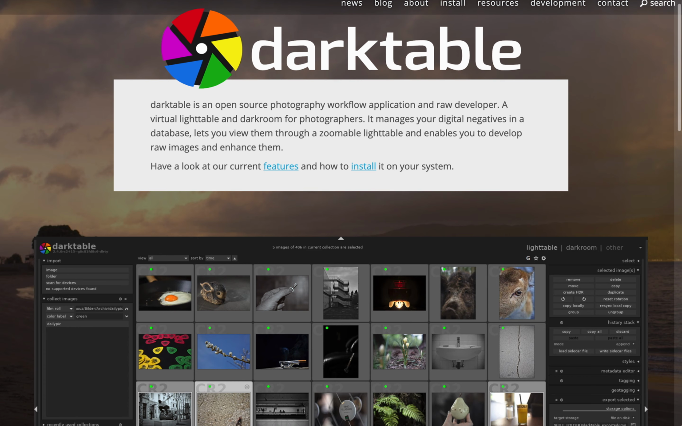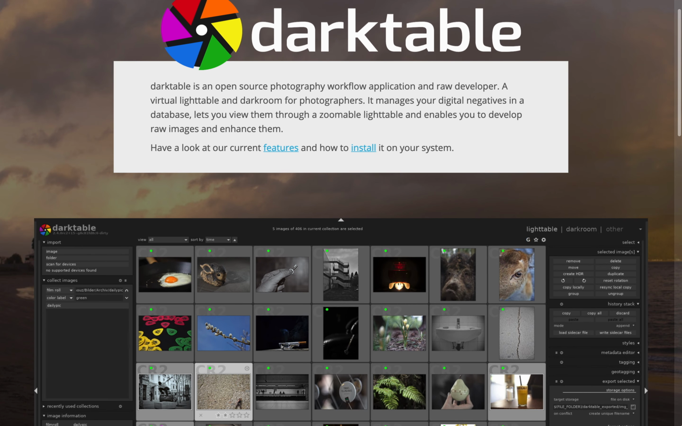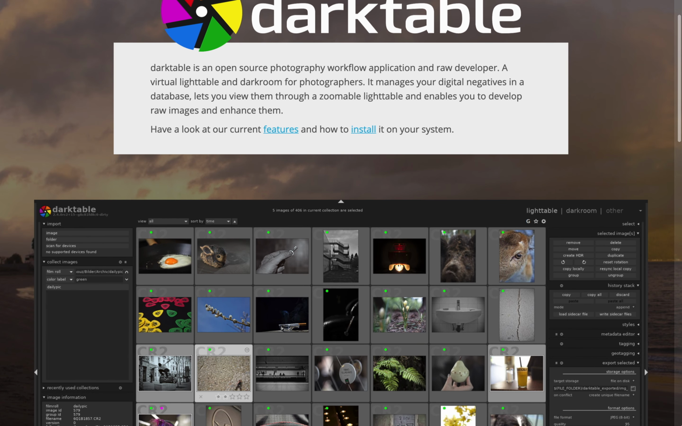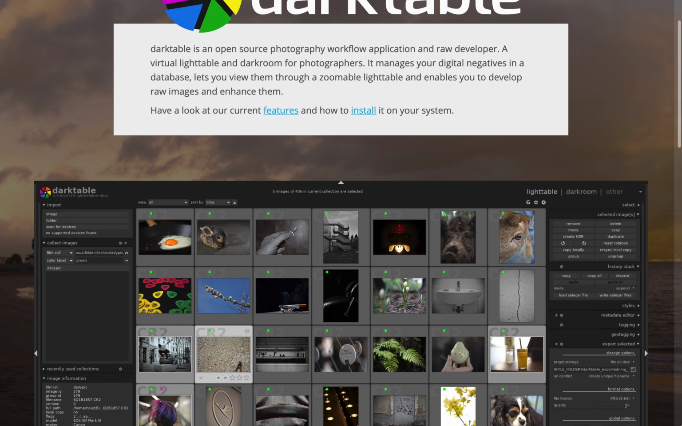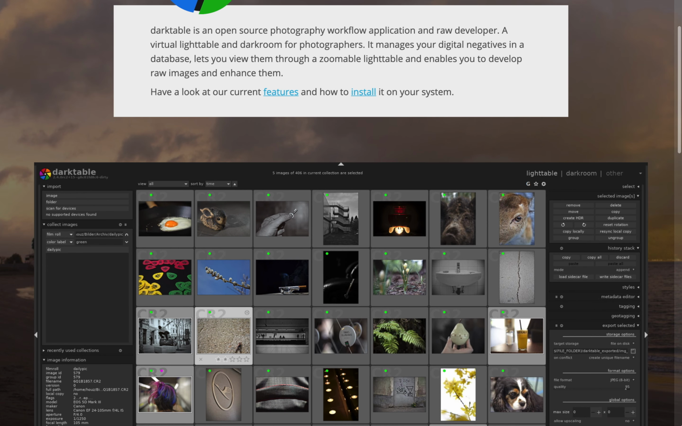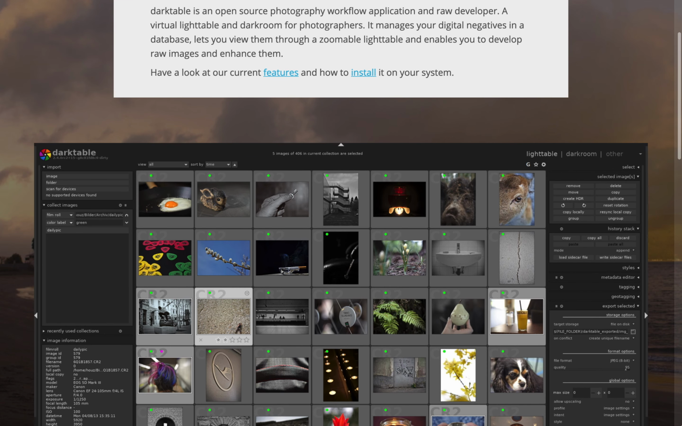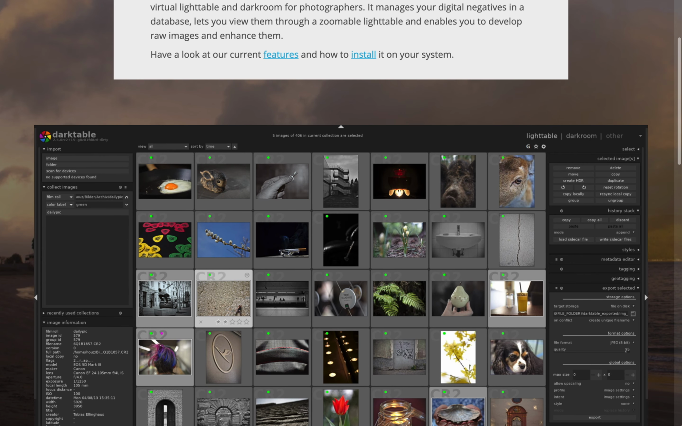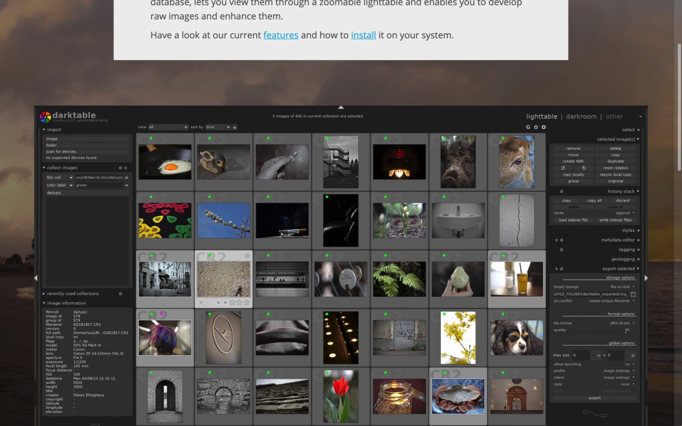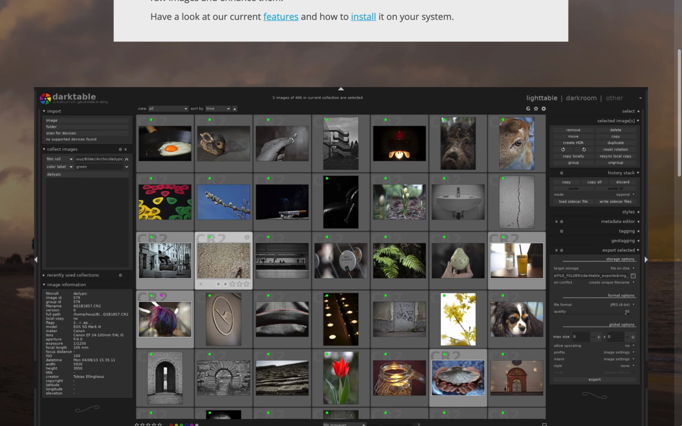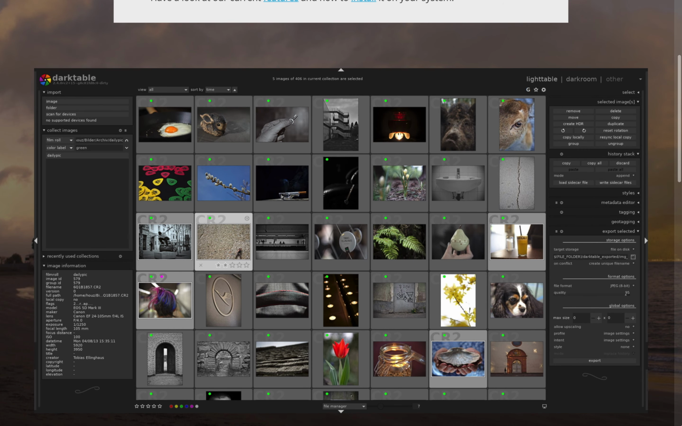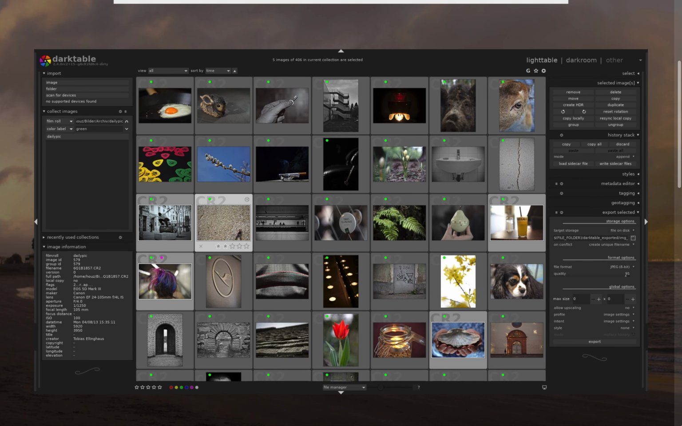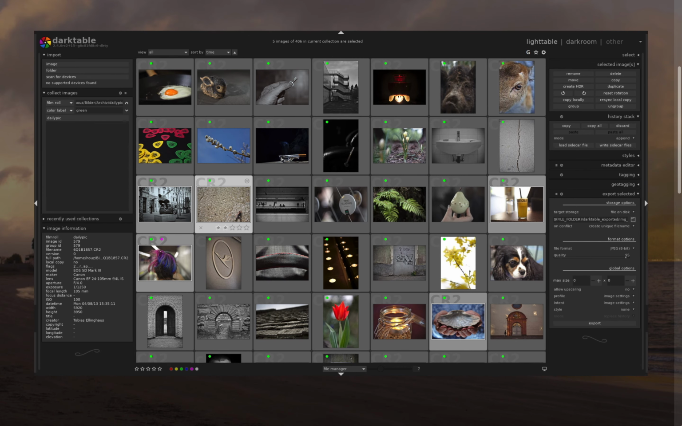Darktable isn't an Affinity product, but if your goal is to get away from Adobe, it's a great app to use. It does everything that Lightroom can do, and it's 100% free. With Darktable, you can organize thousands of photos and batch edit raw images, allowing you to edit entire photo shoots